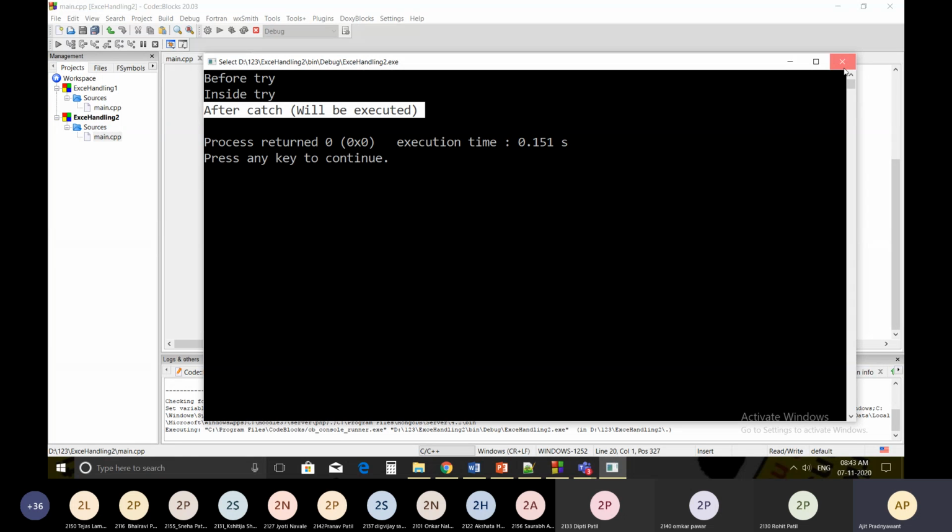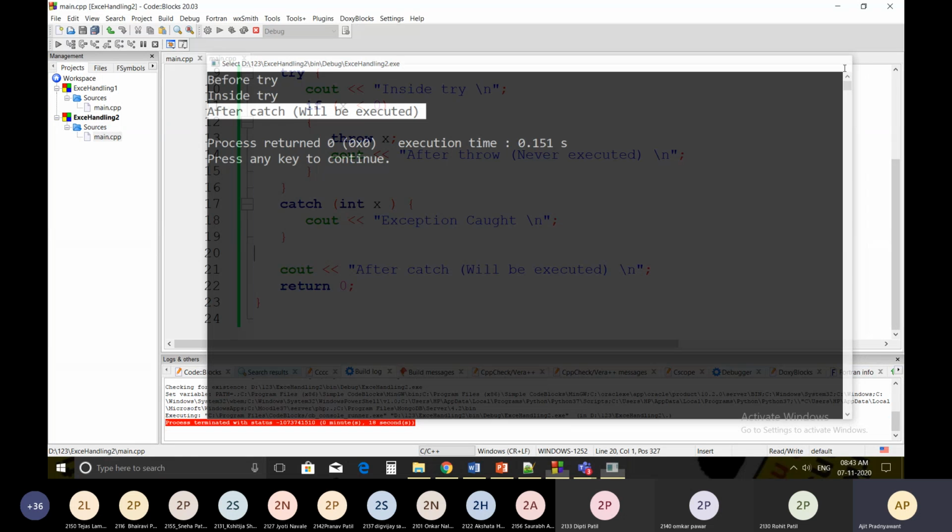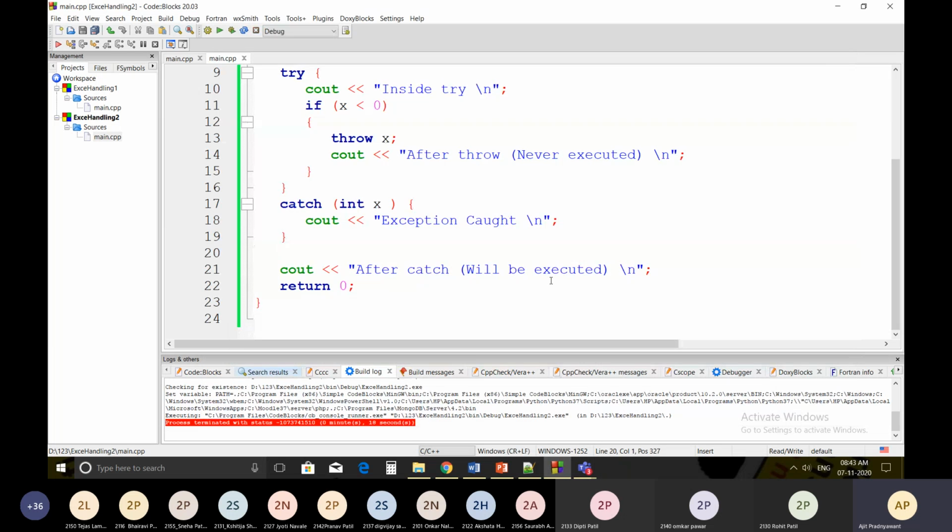So this is the way your program is executed. If the exception does not occur, then your program is executed properly, and if your program has an exception or abnormal condition, then also your program is executed properly.